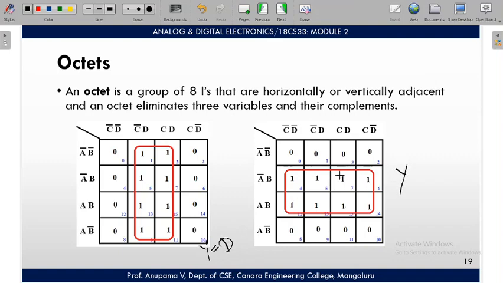In the next K-map, that is the fourth K-map, I can see an octet where in the row I can see A changing from A to A bar or A bar to A. So A bar and A get eliminated, B remains. If I go to an octet column, I can see all the terms get eliminated. I have explained how these terms get eliminated previously. So the final reduced equation will be y is equal to B.